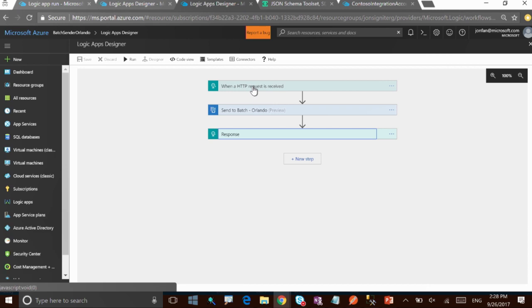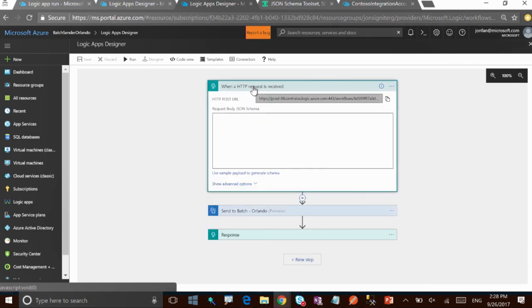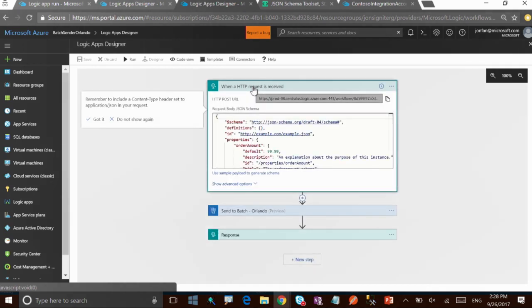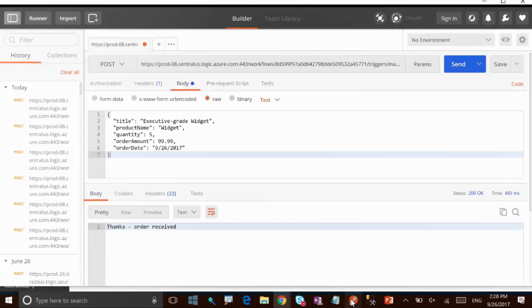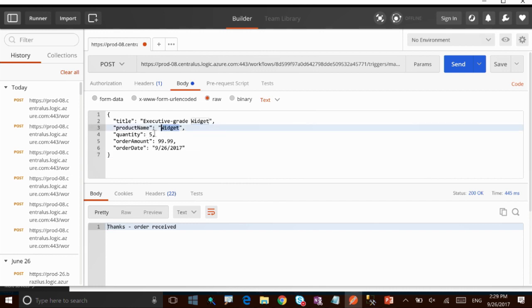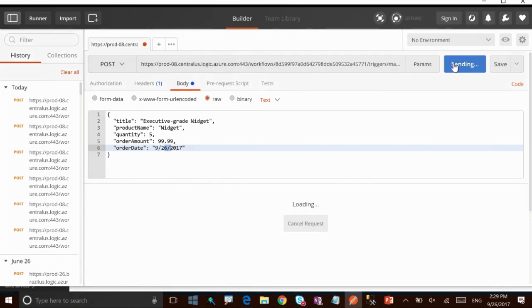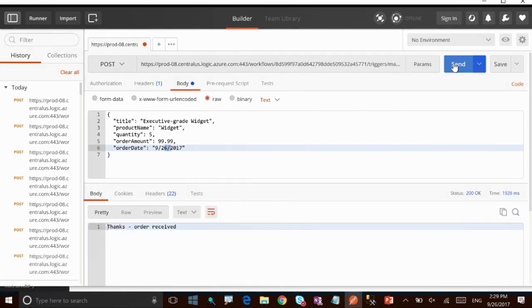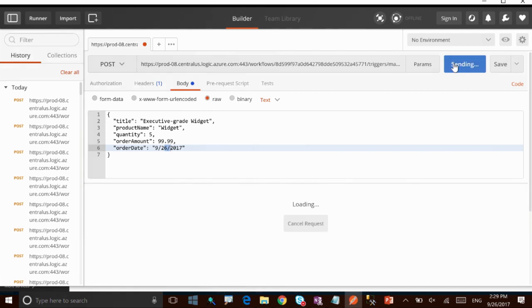So in my batch sender, I have an HTTP trigger. This gives me an HTTP endpoint, so I can just call this with an HTTP payload. In this case, I'm going to use Postman and just send this order in. You see, I'm asking for 5 widgets, giving it a price and a date. I'll just run this a few times, and it'll run my Logic app a few times. It says order received, order received. So if I do this 5 times,